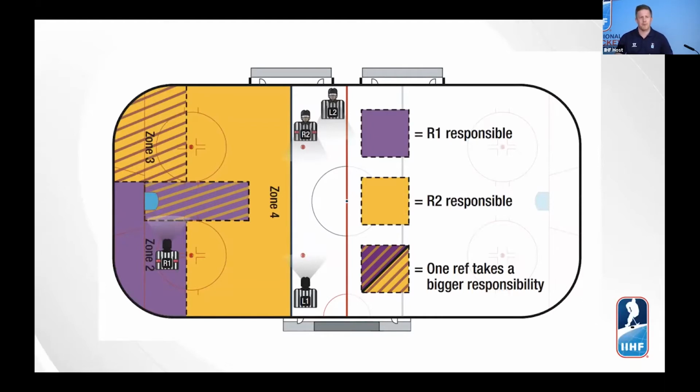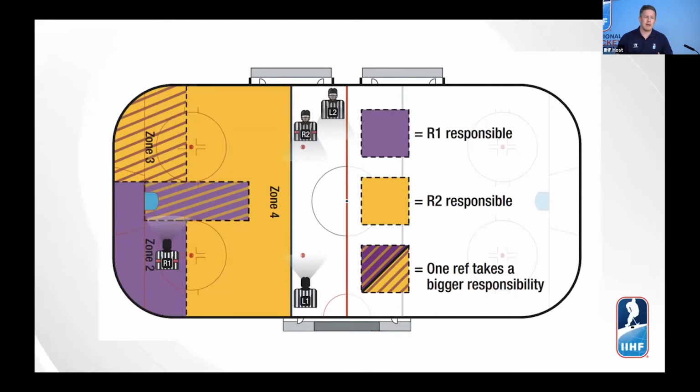What we say is that from our experience and the way the professional referees have worked with this throughout the last years, they have realized that the best angles and the best sightlines in this specific zone come from the R1 or R2. So when we talk about making decisions in the area of R1 down in the corner,